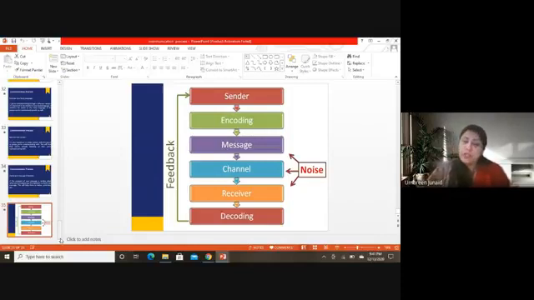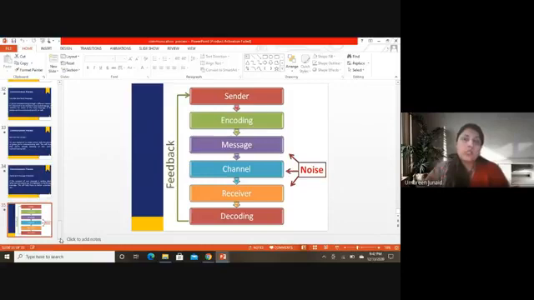So the sender as well as the receiver must be very conscious of the noise that can be created in the surroundings, and the types of noise we discussed can be physiological, psychological, and physical. So these are all the different types of noise. Also, when the receiver gives feedback back to the sender, that confirms the message and shows that the message is being received